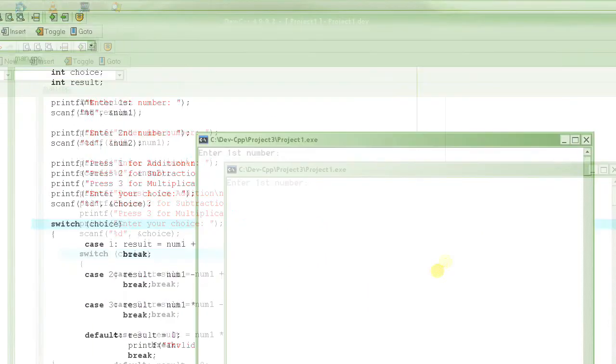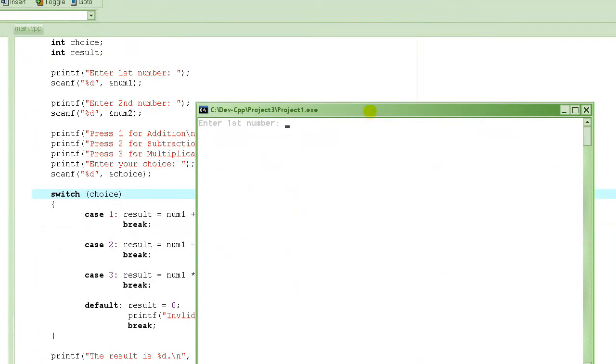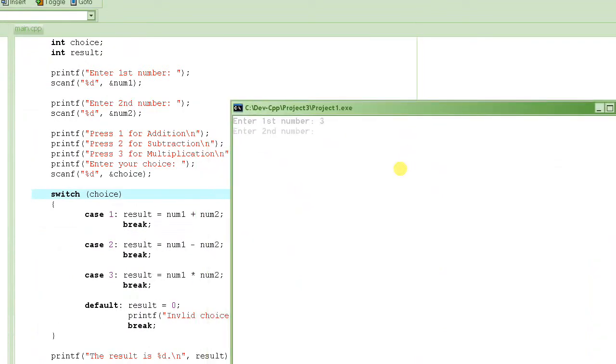Okay, let's run it one more time. Here we go. So let's enter some numbers here. 3, 4. Press 1 for addition, press 2 for subtraction, press 3 for multiplication. Let's say subtraction, 2. The result is -1 because it subtracted 4 from 3. See, the second number gets subtracted from the first number, and the second number is bigger than the first number,